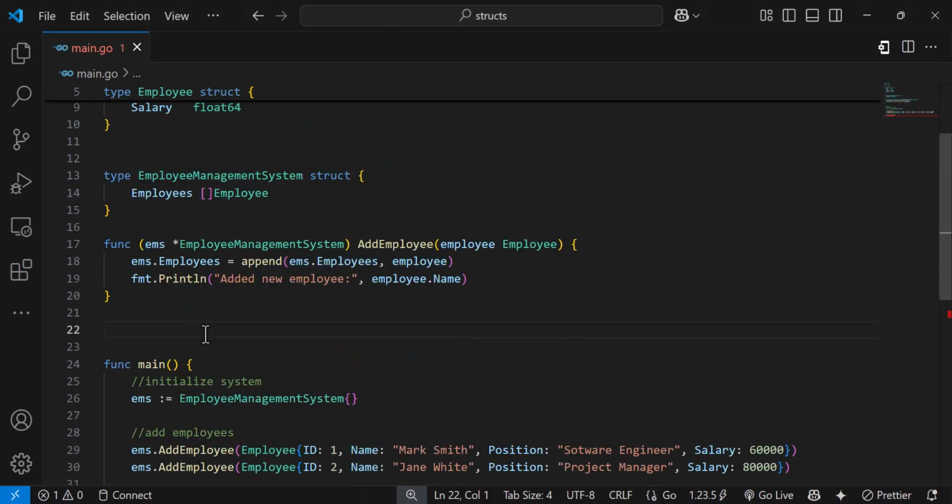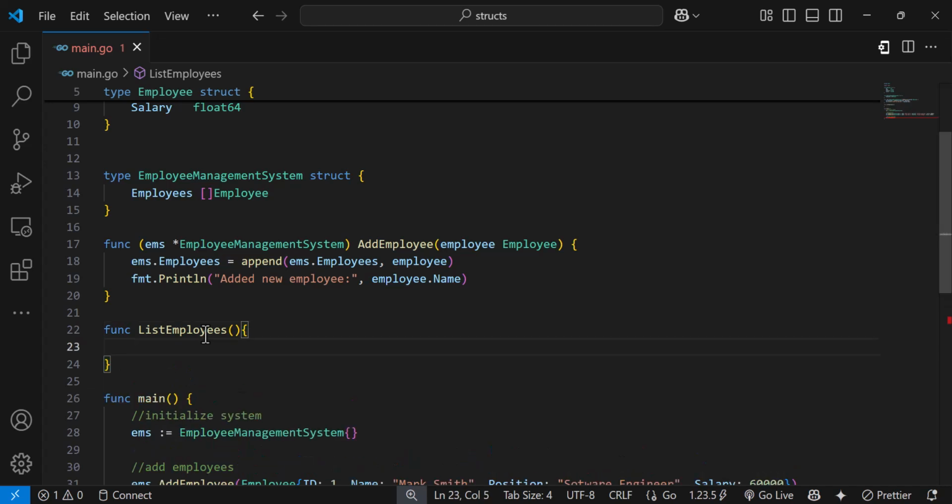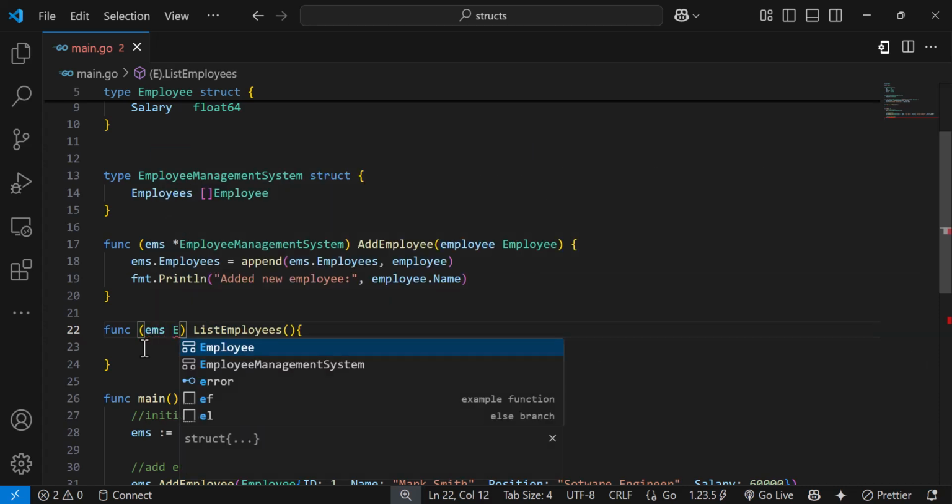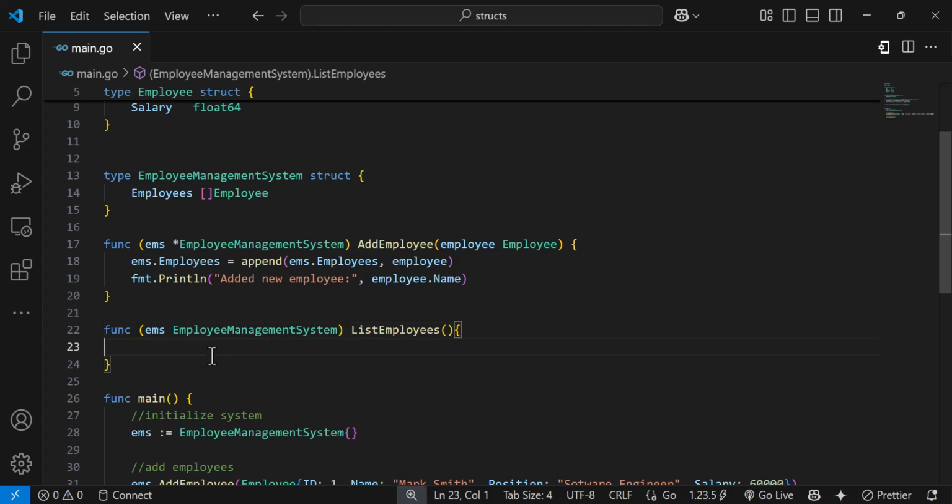Now let's create our function to handle that, our list employees. Good. And now we will bind it to the employee management system because we are displaying all the employees in the management system. So we will bind it to that. We use the EMS representation. Good. And now we bind it to that. Because we are not modifying the content of it, we will not use the pointer receiver. So inside it, we will just bring our format package